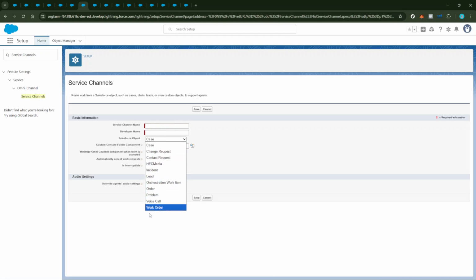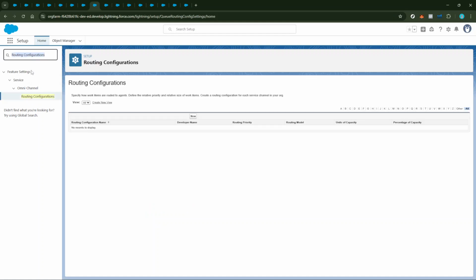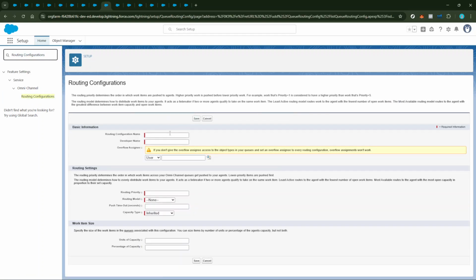Following the setup of service channels, head back to Quick Find and dive into Routing Configurations. Here, you're going to create a new routing configuration. This part is about specifying your business's priorities and the type of routing that best aligns with your workflow. You'll have the option to set routing using different parameters, ensuring that tasks are handled in the order you find